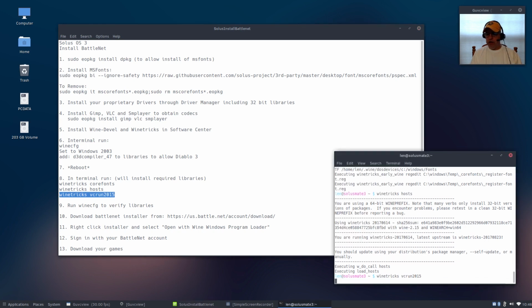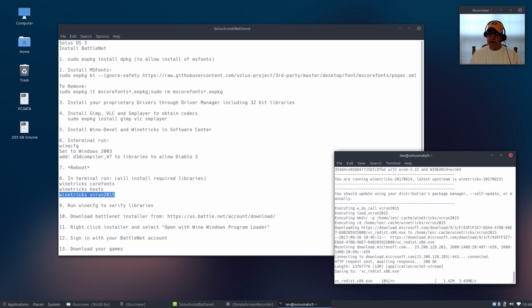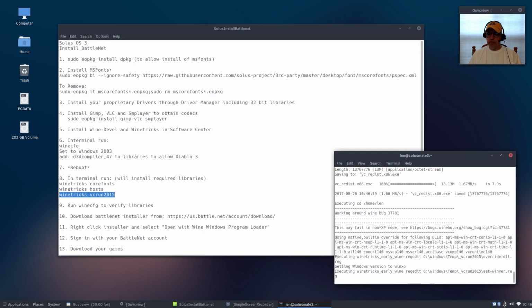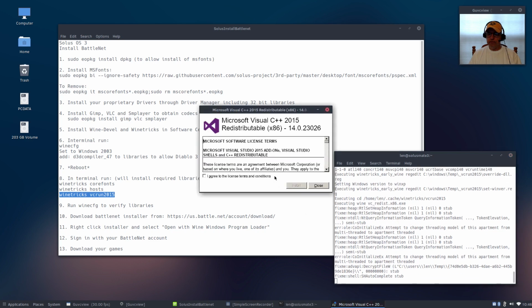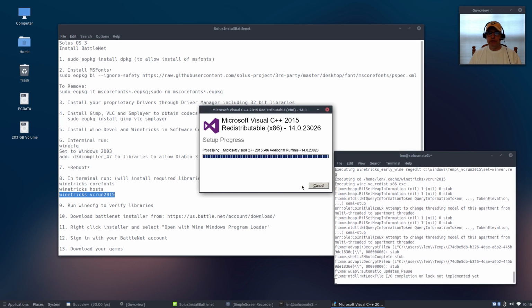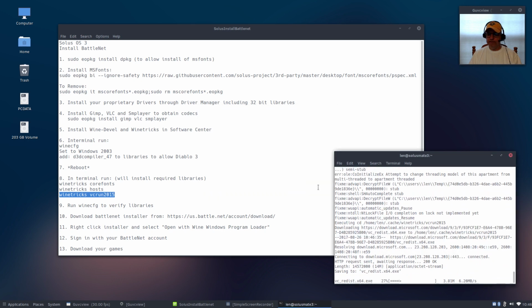Okay, now when you click on that, it's going to start downloading, and it's going to pop up a little window. And you'll see that window. And once that window pops up, click I agree to the license terms and install. Then it will finish that installation,